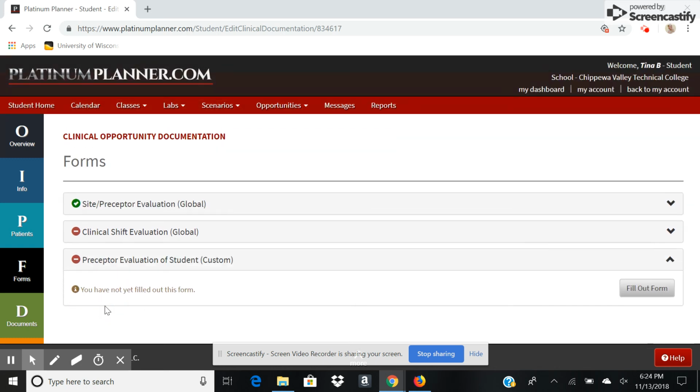The preceptor evaluation of student form. This is something your preceptor can fill out on the student if they are unable to complete their Platinum account, or if you are running into any issues with the preceptor completing their evaluation through Platinum. So if this is presenting itself as an issue when you're having a conversation with your preceptor, at the end